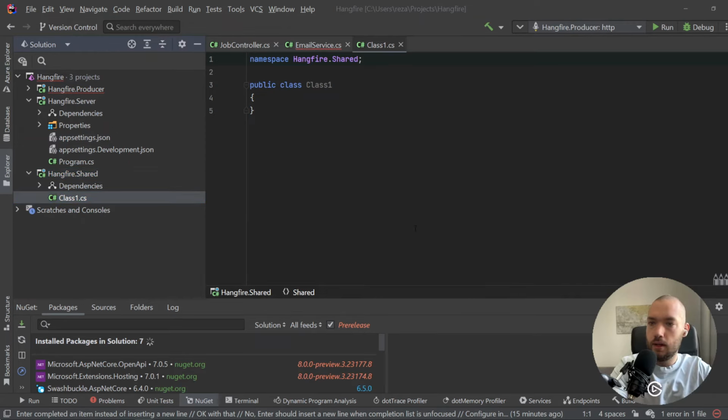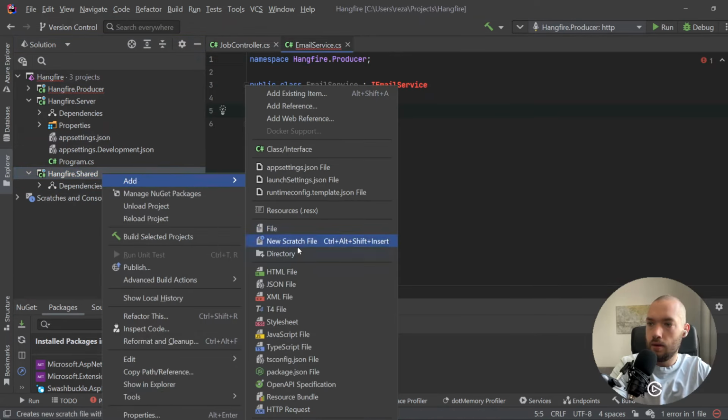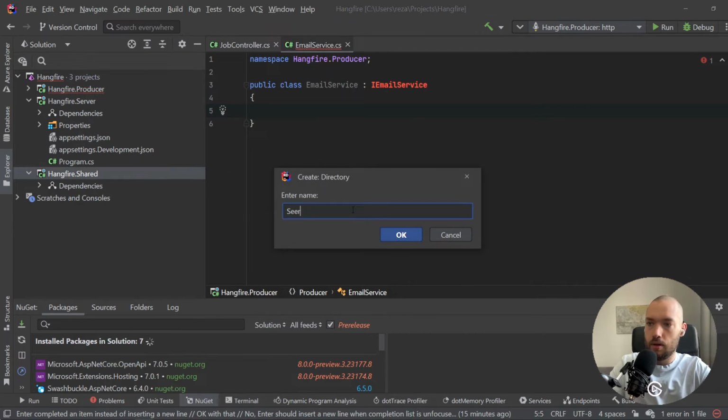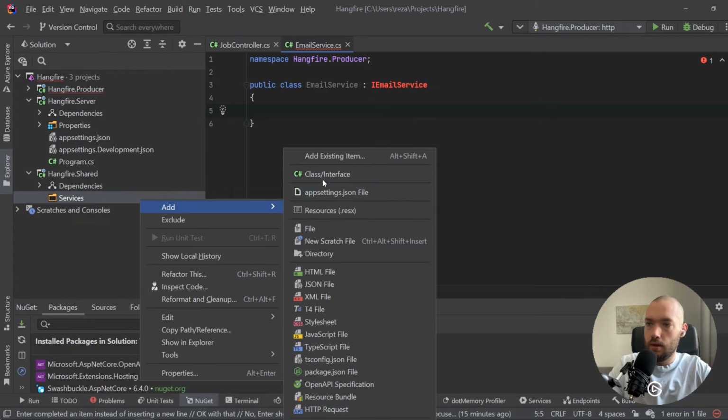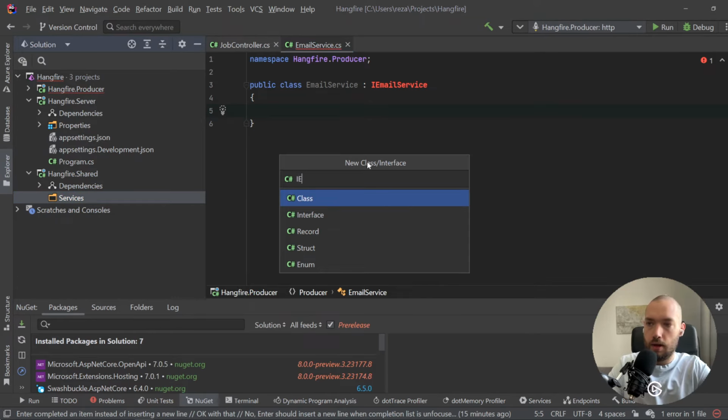Just remove this class and create a directory called services, and that service will have IEmailService,